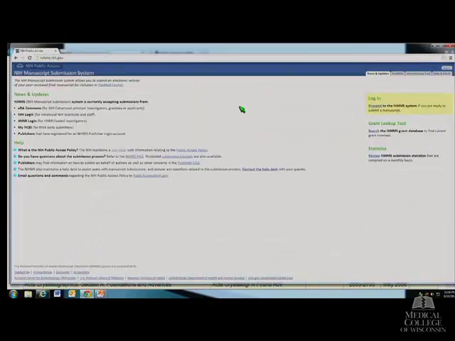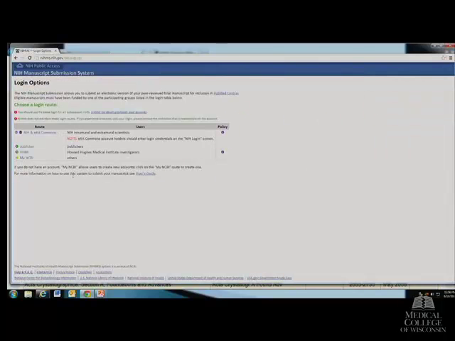There are also several options for logging into the NIHMS system. If you do have an ERA Commons or an NIH login, you should use that. Be consistent with what you're using to log into all of these different systems. But if you're not a PI and don't have one of those logins, what you will use is the MyNCBI